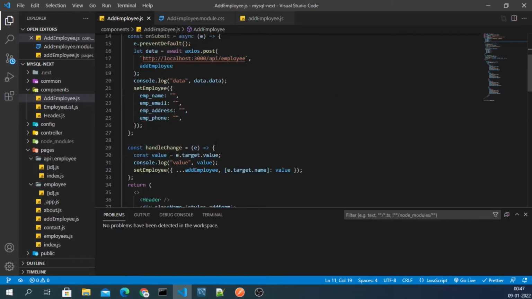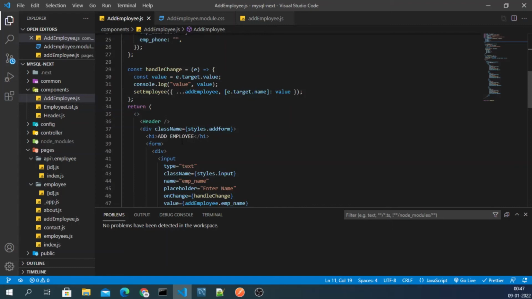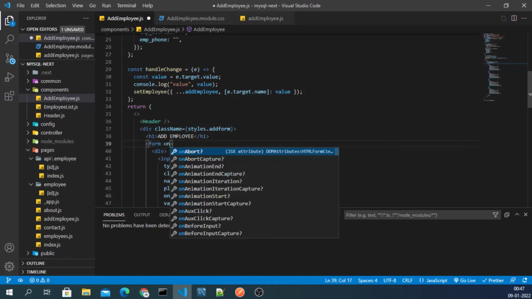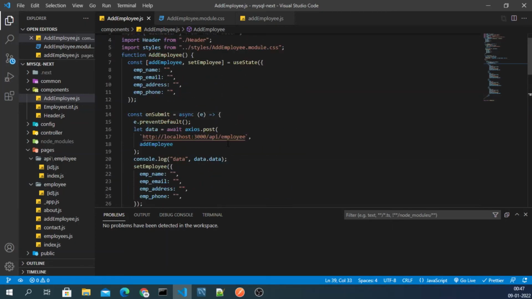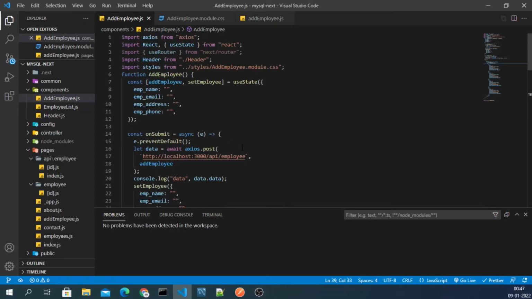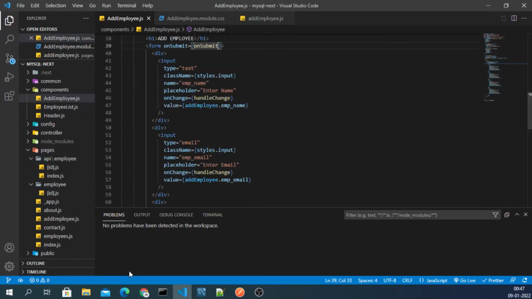Then we simply call that function inside on submit. We have on submit, right? Let's try this functionality whether it is working or not.